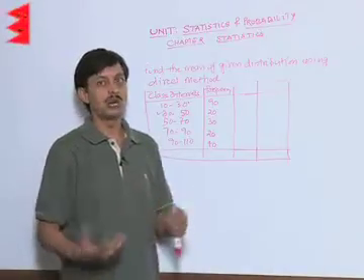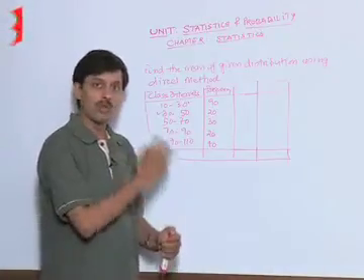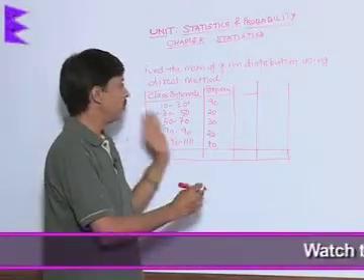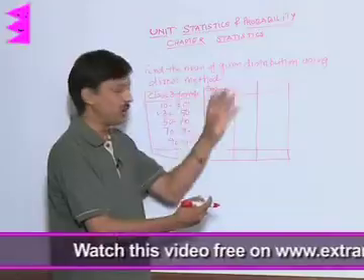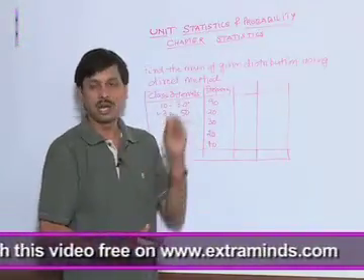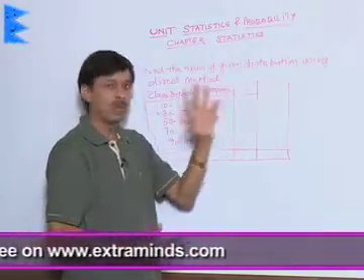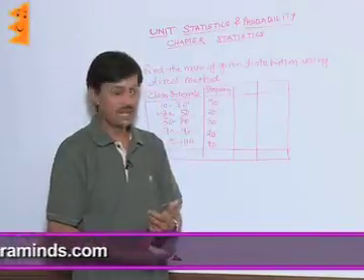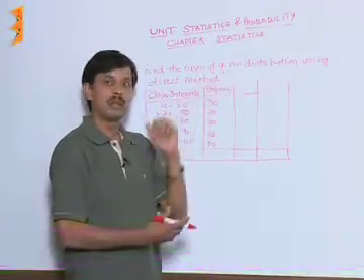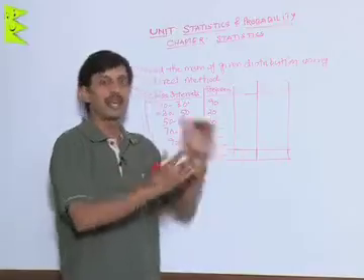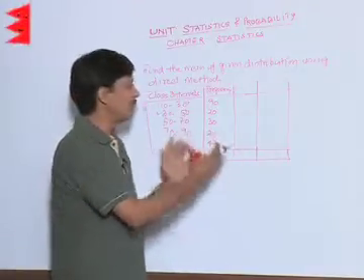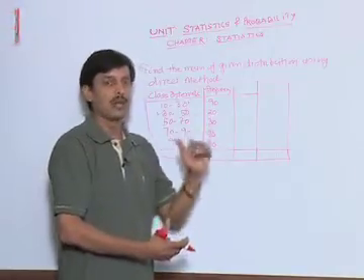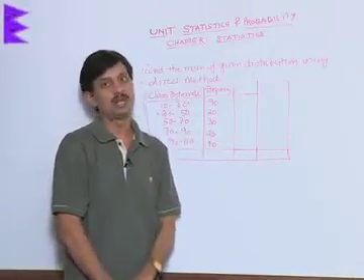So this is about the two types of data. Now the question comes: how to find the mean of this question? To find the mean, we will first calculate its mid value, whose name is the class mark. That mid value will be known as xi, and then xi will be multiplied by fi. Then the sum of fi xi will be divided by the sum of fi. That will be the answer, the average or arithmetic mean.